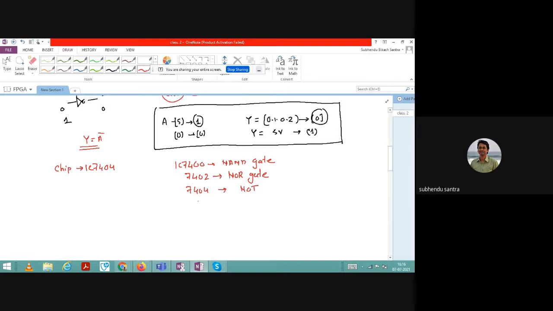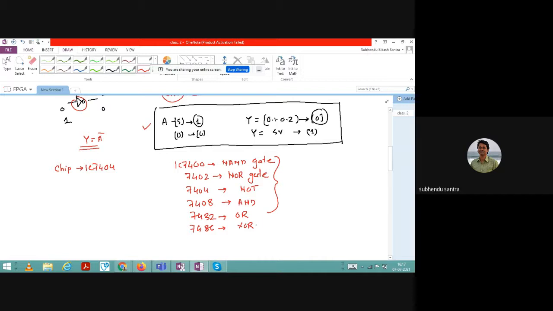What I just gave is to make you understand. 7408, what is that? It is actually AND gate. You remember this, AND gate. If you have to design the circuit, then you need to use all these practical chips, and then you can have this 0 to 1 conversion. That means this function conversion, you can design your own thing. Then 7432 is for OR gate, and 7486 is for XOR gate.